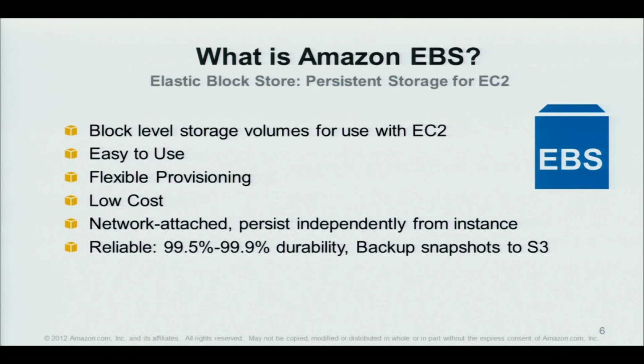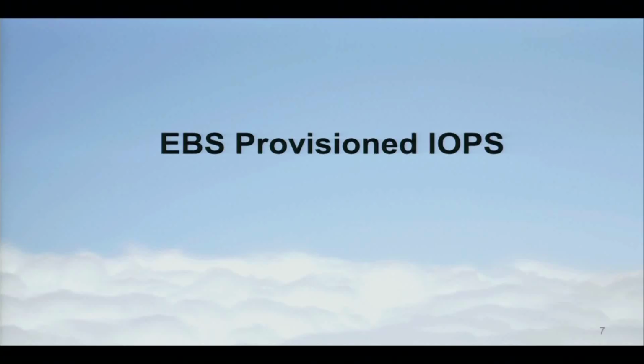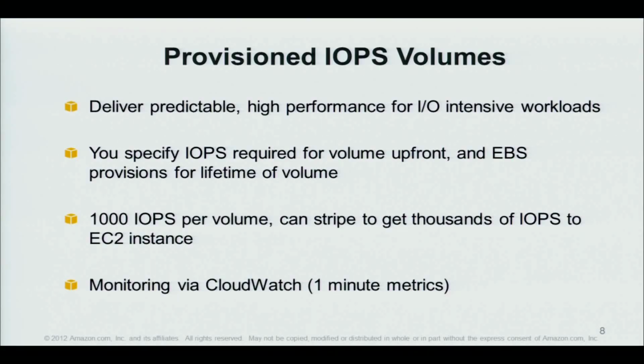So now that I've given an overview of our EBS and our EC2 services, I'd now like to get into some of the capabilities that we've launched in the last month. The first capability I'd like to cover is what we're calling EBS Provisioned IOPS. EBS Provisioned IOPS is a new type of volume that we introduced several weeks ago to deliver predictable high performance